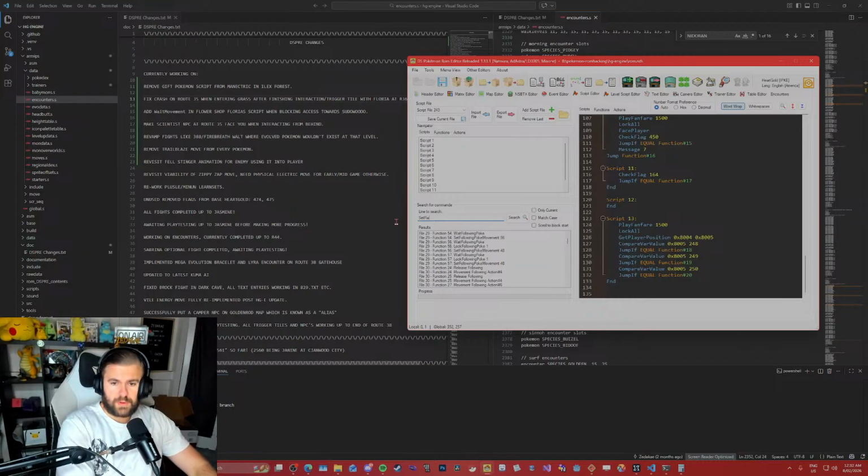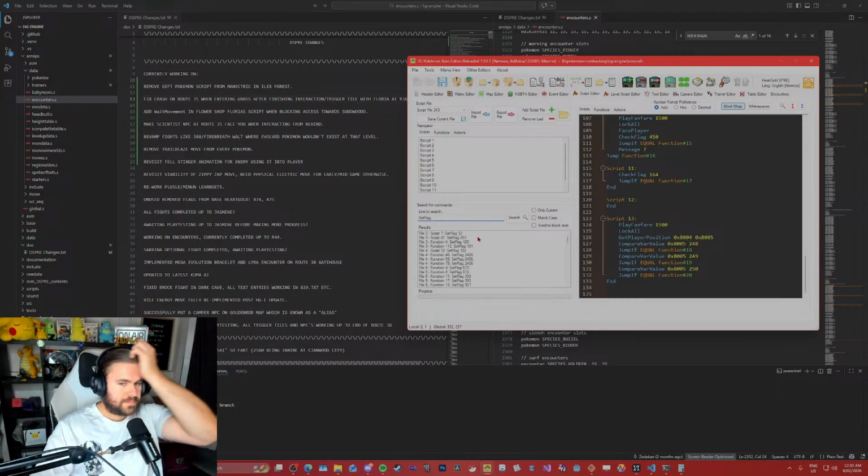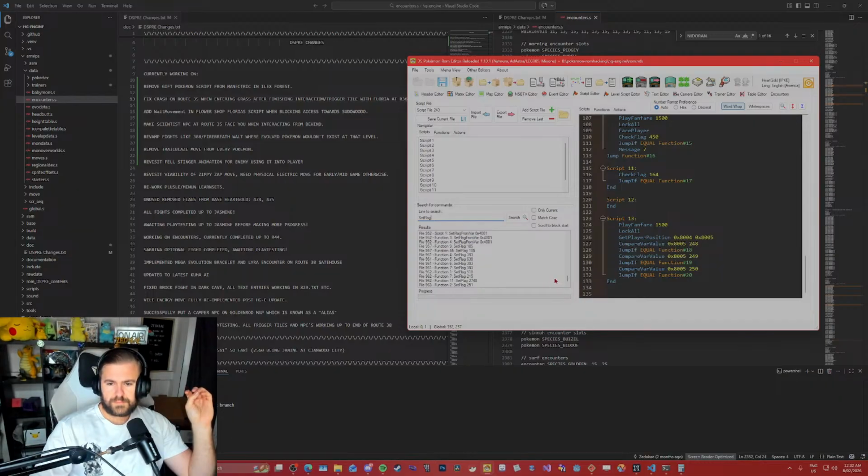Let's just have a look at an example of another set flag. Should be like set flag 2. This looks like a flag that I've done.